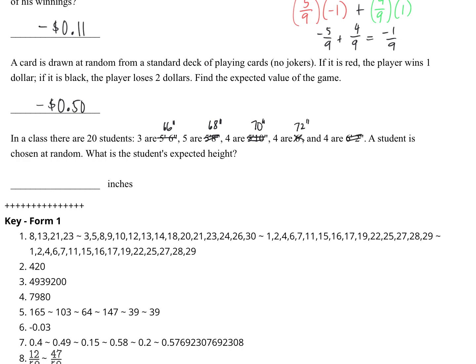And 6'2" would be 74 inches. Okay, so it's going to be easier to have it all in one unit of measure. Plus the answer says it's in inches. So we'll go ahead and convert everything to inches. So now we're going to do 3 times 66 inches plus 5 times 68 inches plus 4 times 70 inches